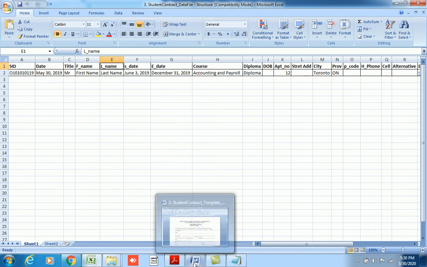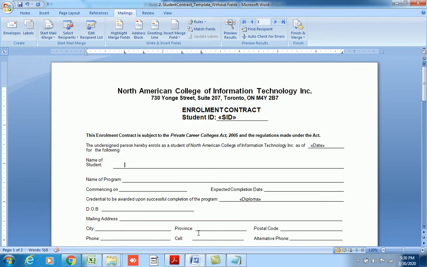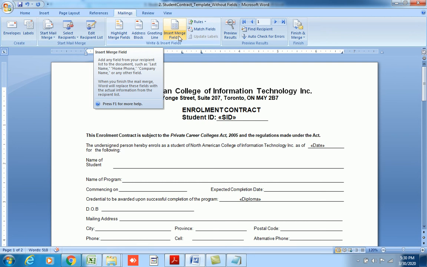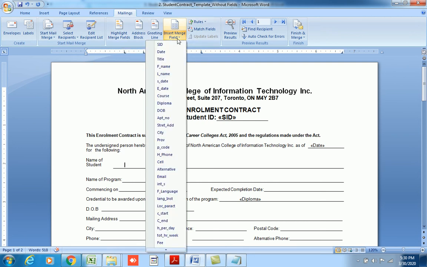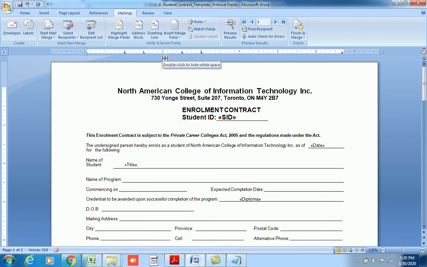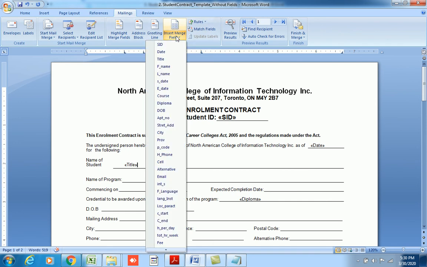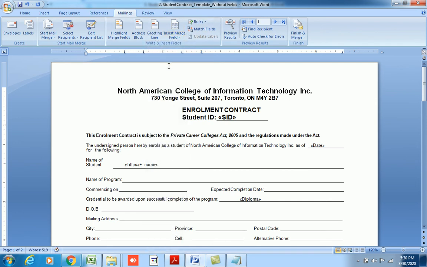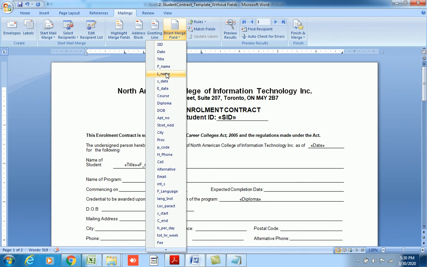So how will we add it into our Word template? That's very easy. All you have to do is bring all those fields one after another. It should start with the title, so you click on the title, then click on the first name, and again go back and click on the last name.